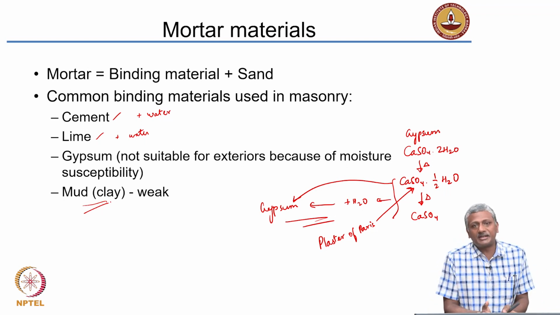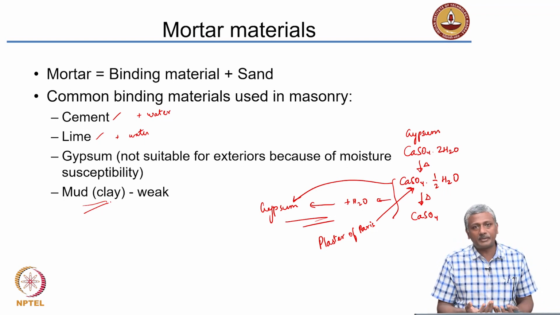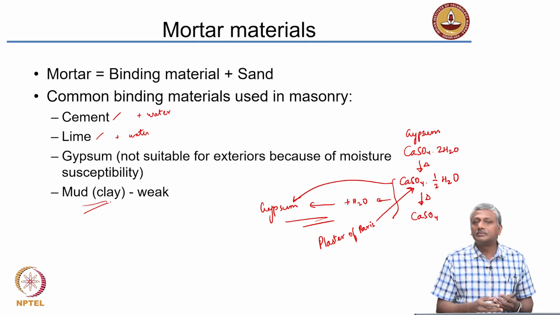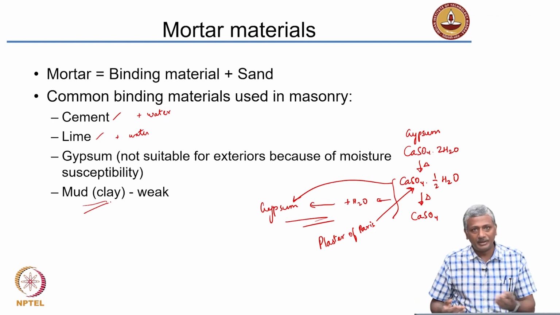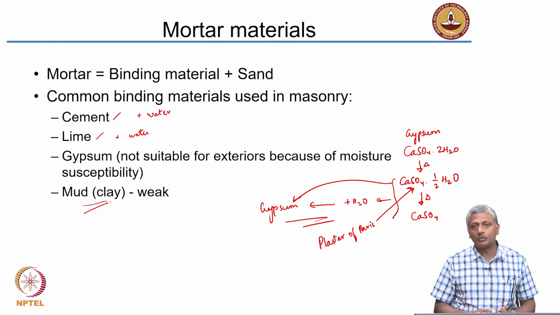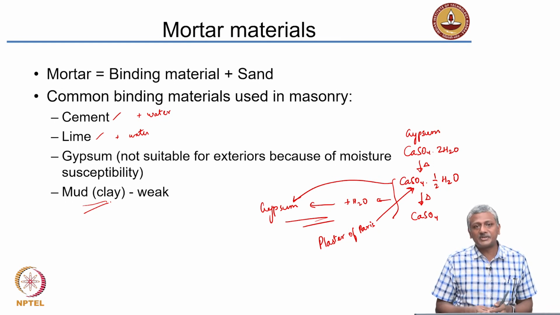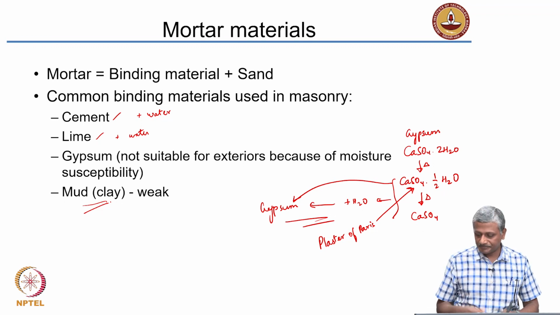Again, water is present in everything because water is needed for the reactions to happen. Cement reacts with water, lime reacts with water, gypsum again it's used in other forms that need water to reconvert to gypsum and harden, and again mud needs to be molded with water. The water simply dries out, leaving the molded mud behind. That's basically the strength of your mud mortar.